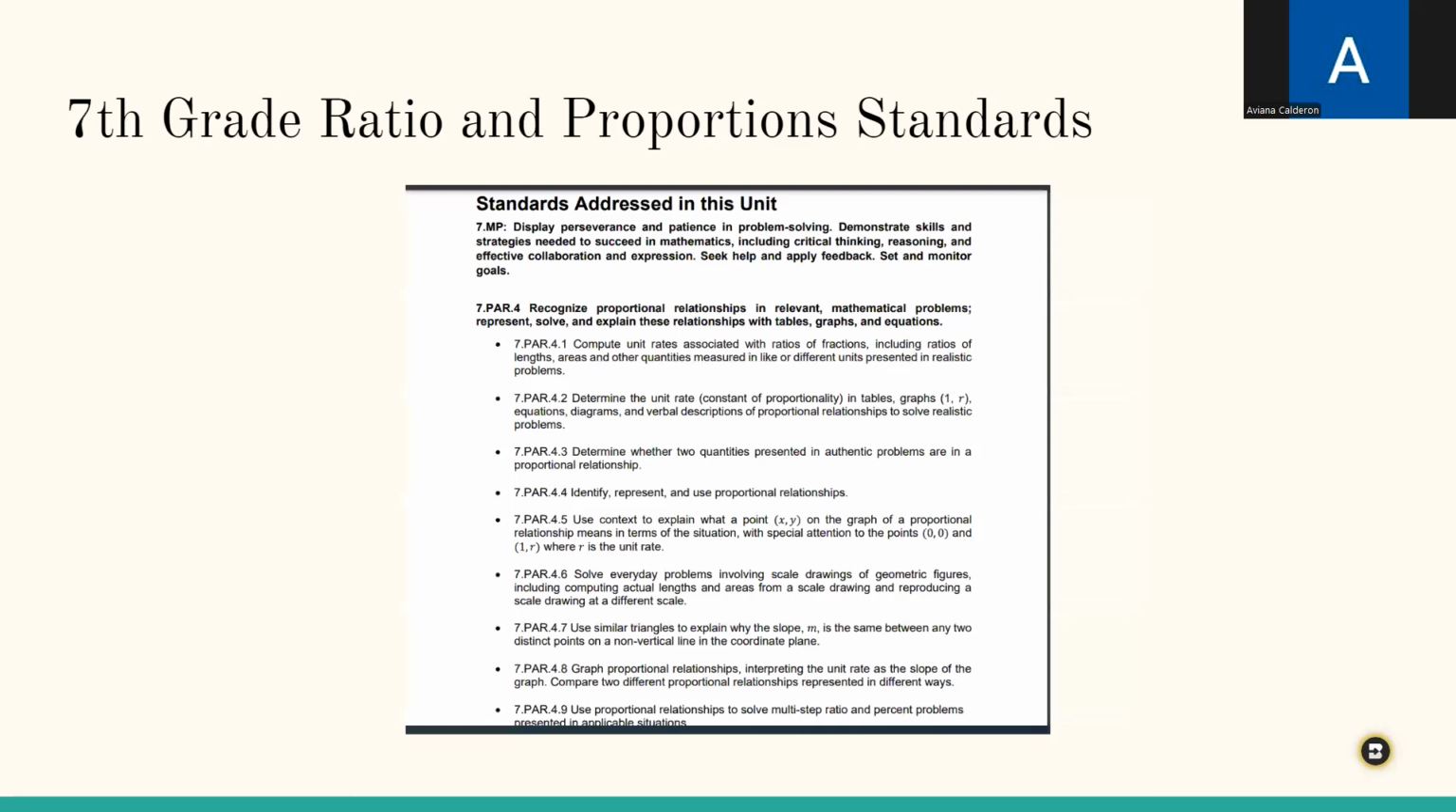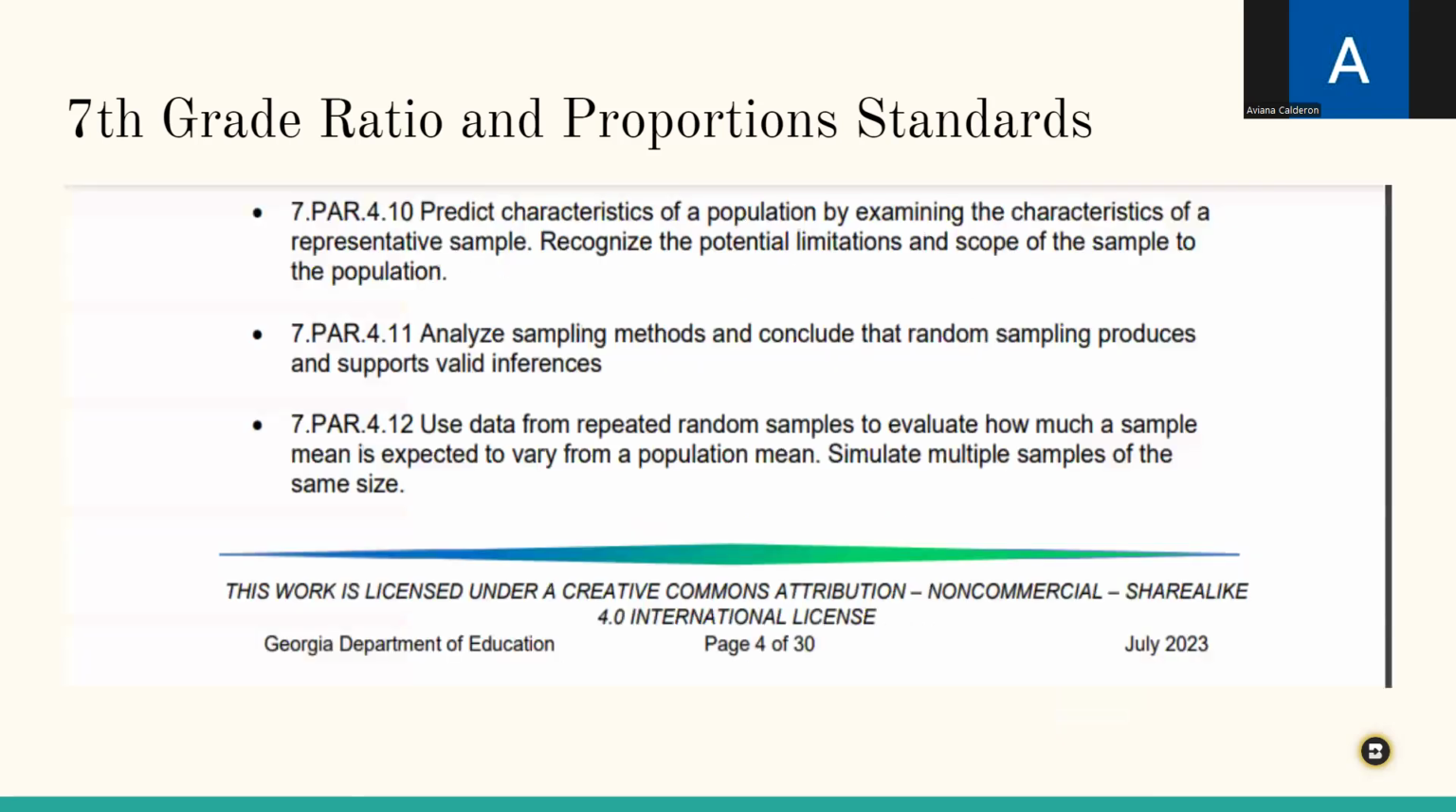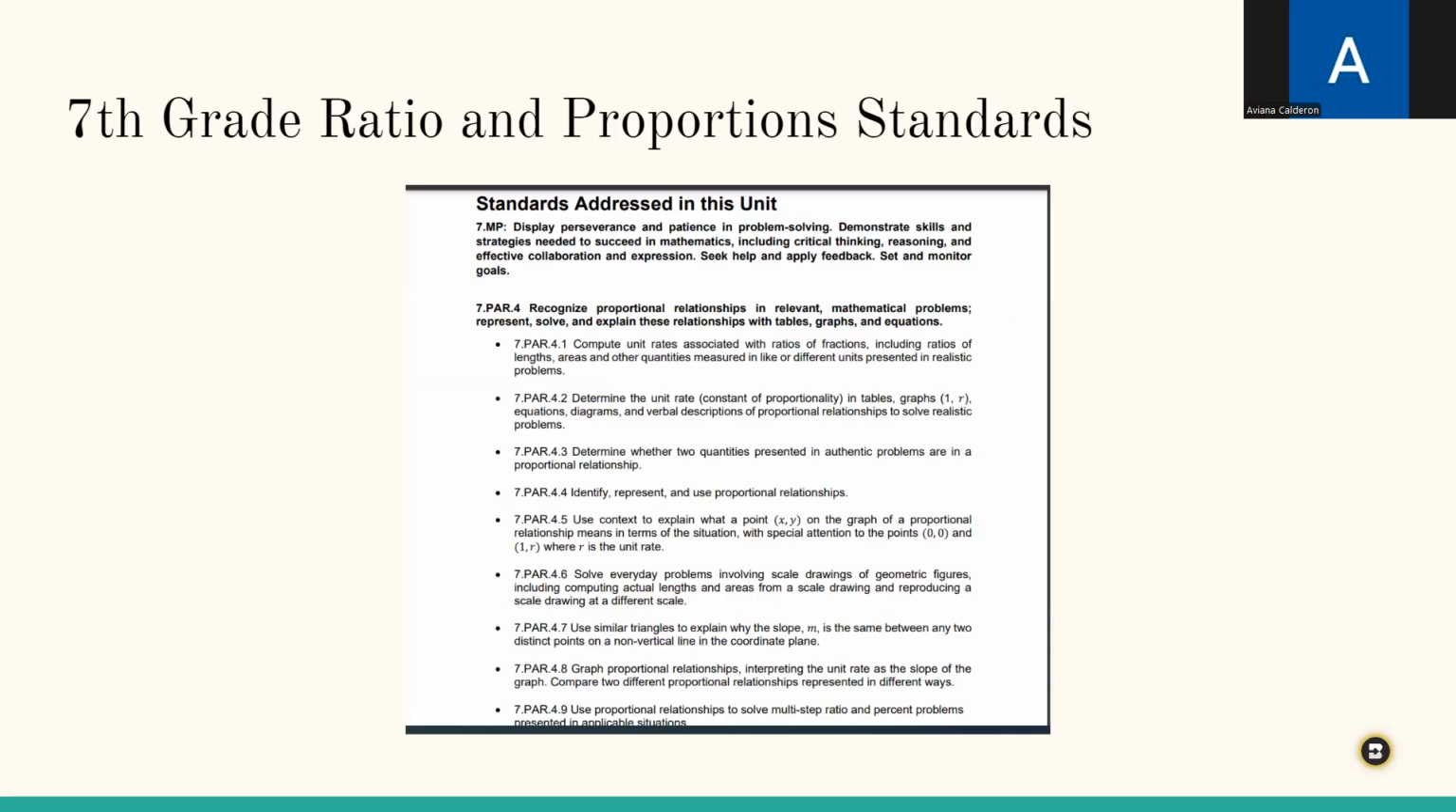Our 7th grade ratio and proportion standards are as follows. Our mathematical practice standard is the exact same as 6th grade. However, our broad standard is 7.PAR4: recognize proportional relationships in relevant mathematical problems, represent, solve, and explain these relationships with tables, graphs, and equations. And then we have more specific standards down below. This standard is actually broken up into 12 individual standards. We go from 7.PAR 4.1 all the way until